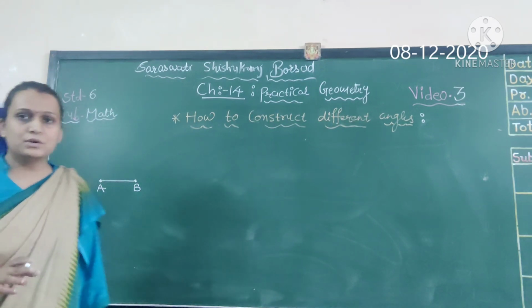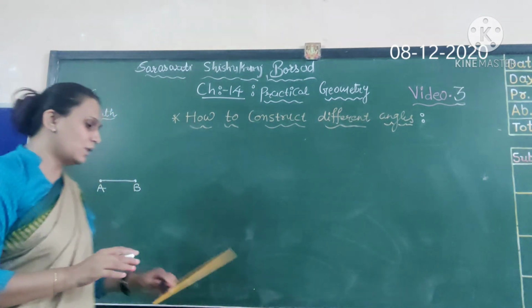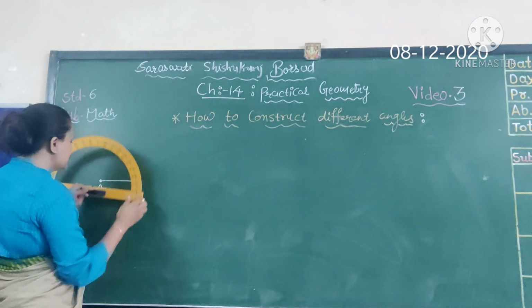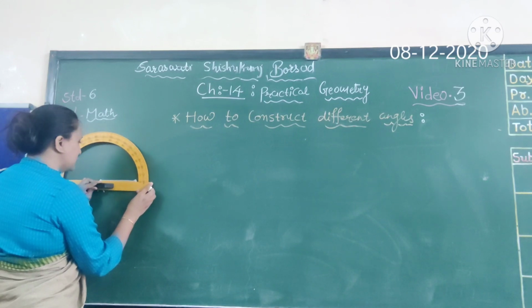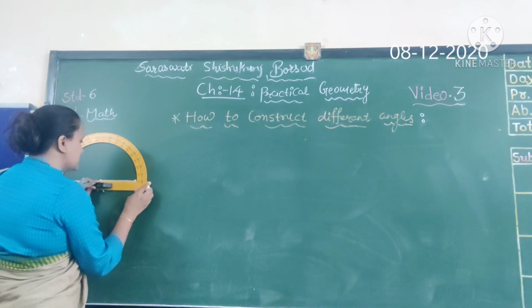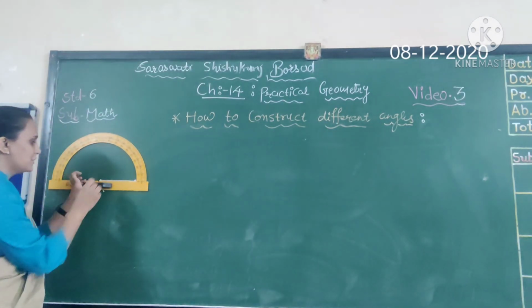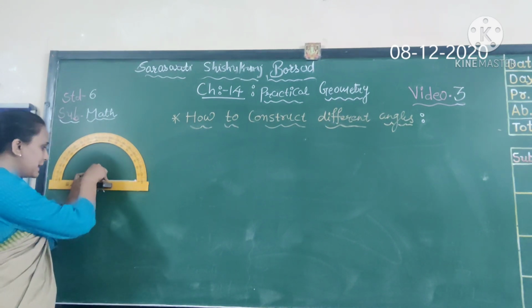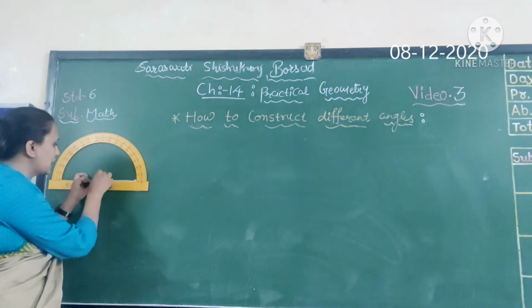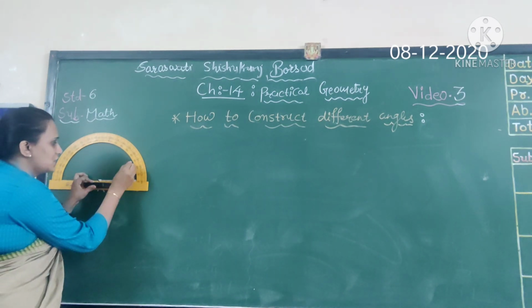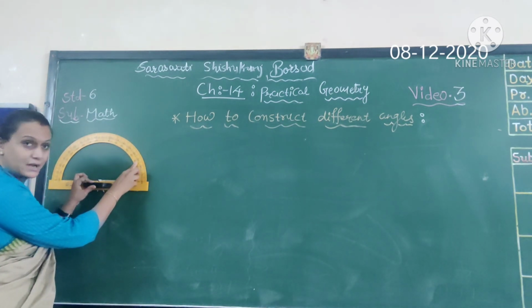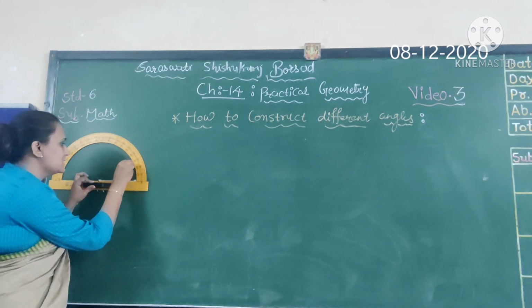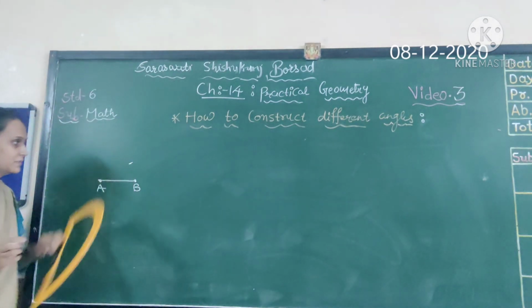Okay. Now if you want to draw a 30 degree angle, what do you have to do? If you want to draw a 30 degree angle on the right hand side, first you have to make a measurement like this. See here in your protractor one black mark is given. From the black mark you have to see where 30 degree is lying. Here you can see this is your 30 degree measurement, 30 and 150, but we want 30 degree, so 30 degree is here, so mark here 30 degree.